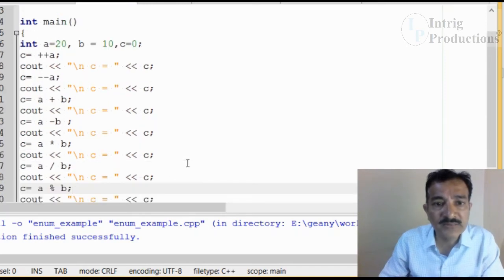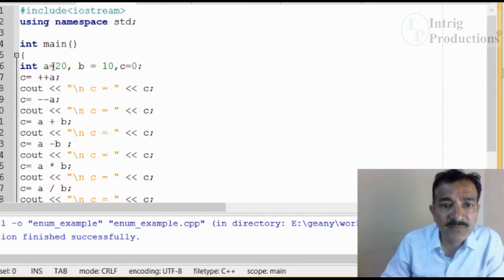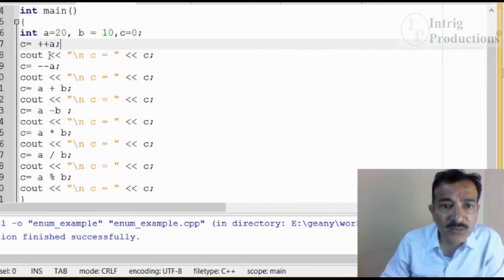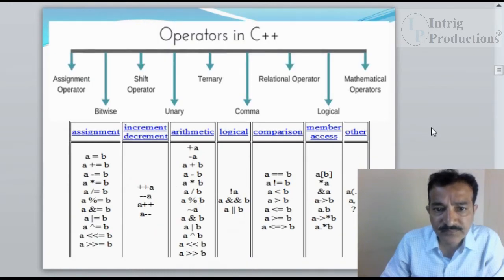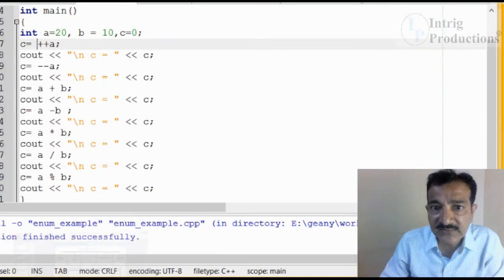So here you can see a program wherein I declare integers A as 20 and B as 10. And what I do is use a unary operator. If you look at this, the unary operator is plus plus, incrementing. This is called a unary operator, that is plus plus A and minus minus A. So what exactly this is doing is it is going to first increment the value of A and then assign it to C. Here it is going to first decrement the value of A and then assign